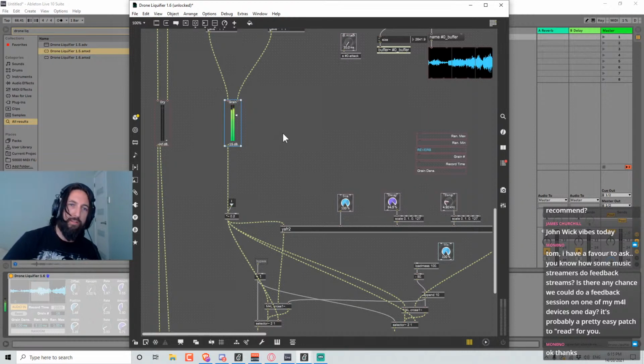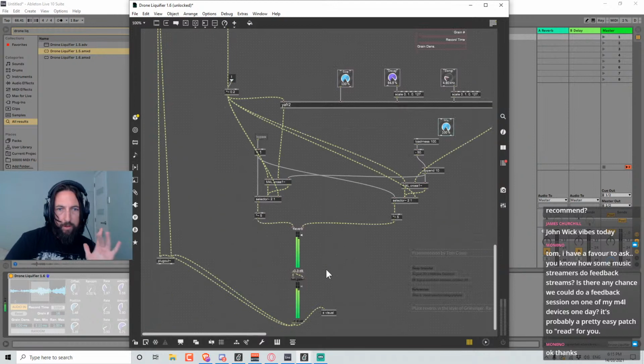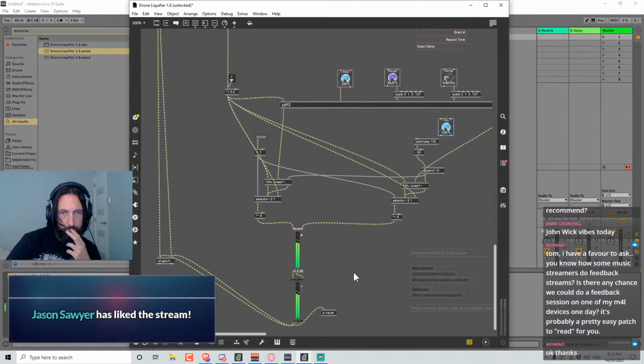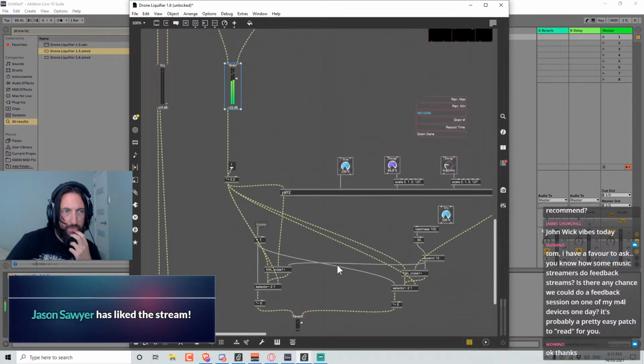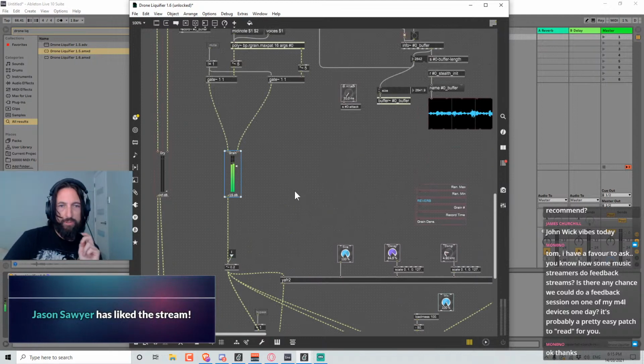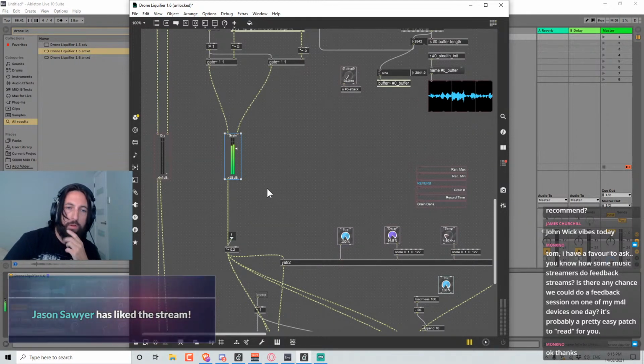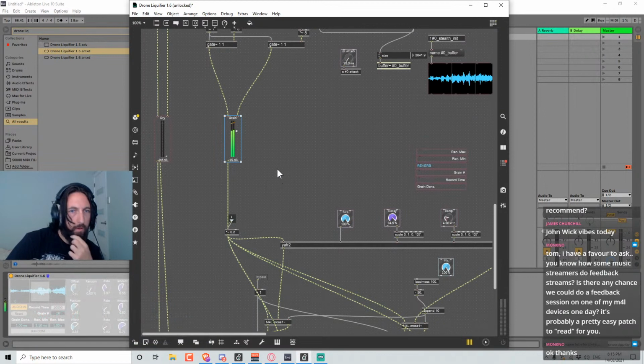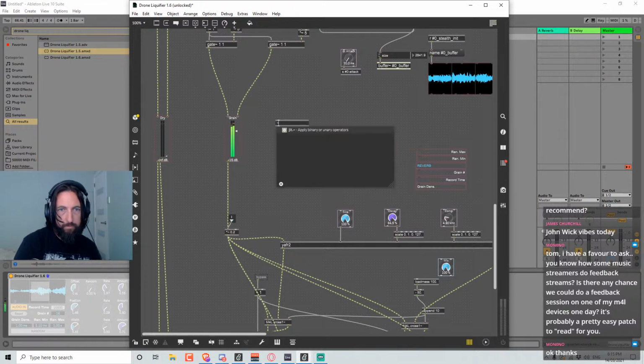So I need to reroute this because at the moment the grain is dependent on the reverb. Just thinking about how to tackle this. Welcome along, Jason. So what I can just do is I'll just create a bunch of, what am I doing? 2-to-1s.